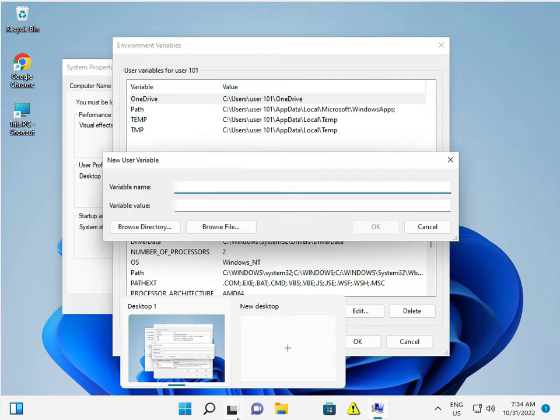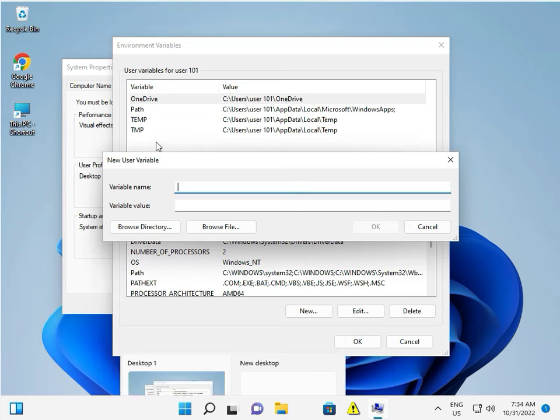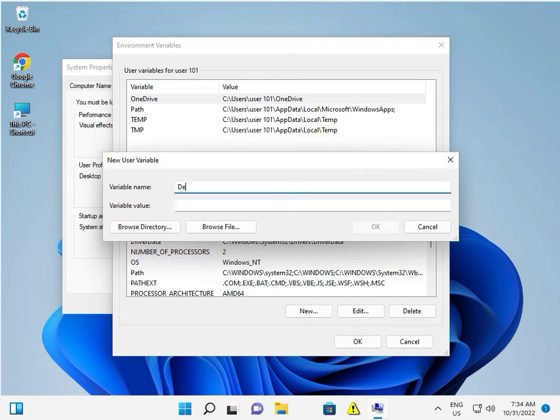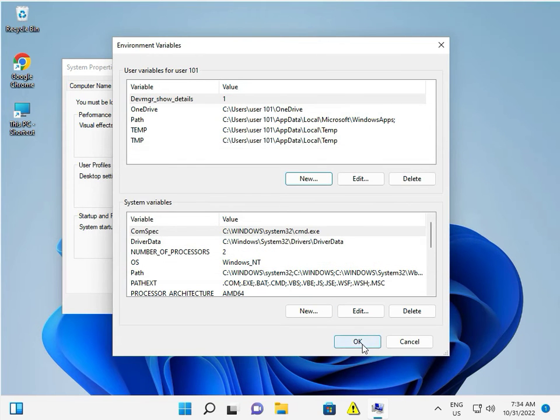and type devmgr_show_details, and variable value is 1, then OK, and then OK,